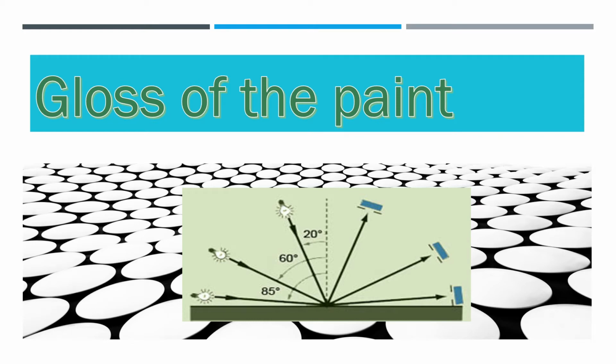Today's session is going to be about the gloss of paint, and this is Ramtar here. I really hope this session helps you know about gloss and why we have to check gloss, what angles we check gloss at, and how we can identify surface properties on the basis of gloss. And what are the standards to check the gloss? It's going to be a very interesting session for you, so stay on the session.